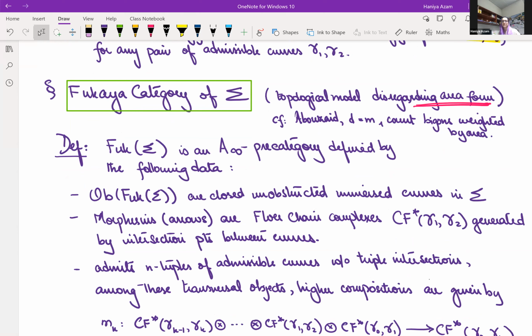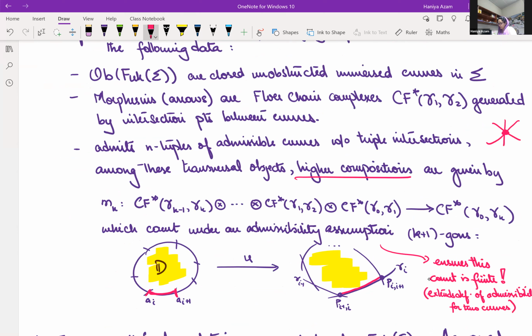This category admits n-tuples of admissible curves without triple intersection. So this is not something that we allow. And so among these transversal objects, you have these higher compositions or higher maps. You remember the differential looks something like this, going from one chain group to the other. And in fact, you have so many inputs and going to another chain group. Okay, so that's M_k. The differential is just M1,